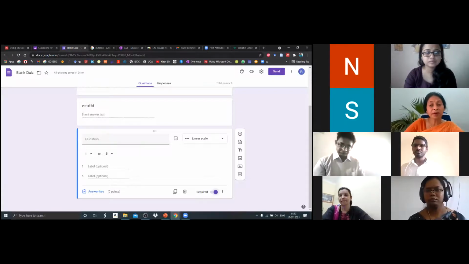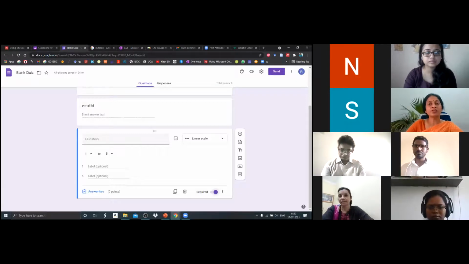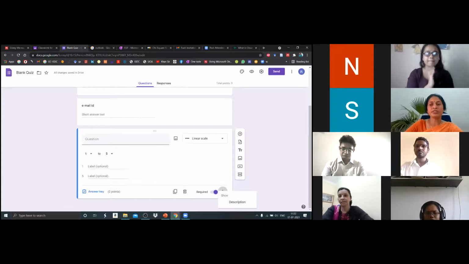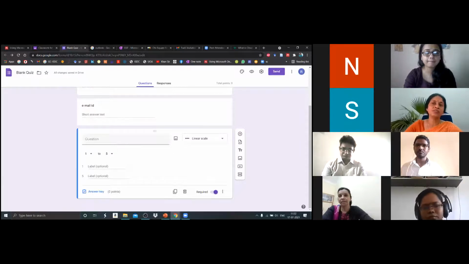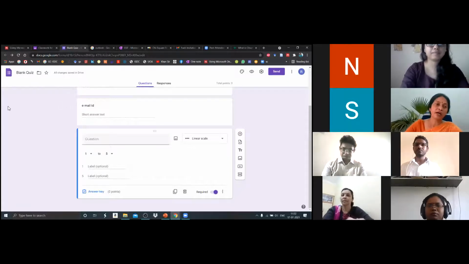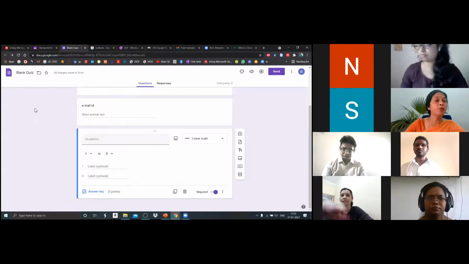So this is the button by which, if you want it to be mandatory that the respondent or the student should answer each and every question, you require to put this button from the off position to the on position. You can always copy the same thing. You can always delete it, and also from here you can show the description of this. So you have set this question and you can share it through this send key. Once you click it, the questionnaire or the quiz assignment which you have prepared will be seen by the students, and students will be putting the answers and giving them back to you, uploading them back to you.